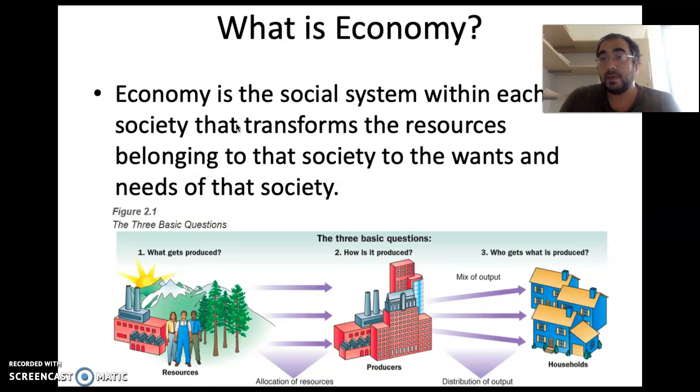That's the one thing. And then those choices lead to allocation, direction of the resources in the most efficient way to the wants and needs of the society. Both definitions are actually saying something similar, although there is some addition in the second one. To be more clear,